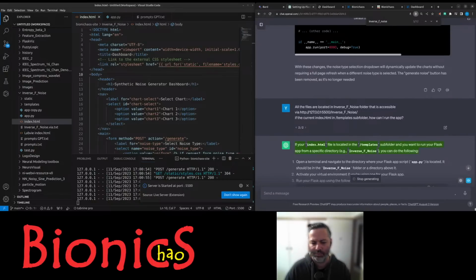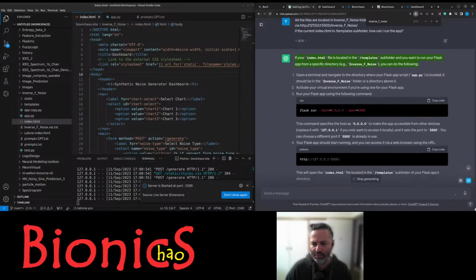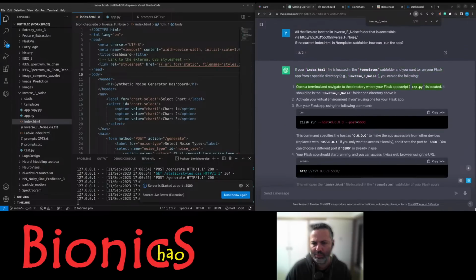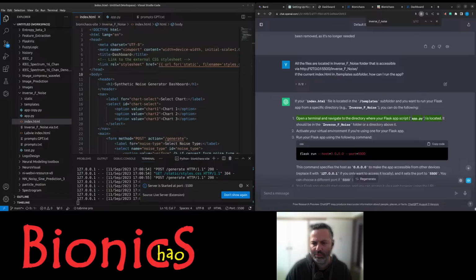If your index HTML file is located in the templates subfolder and you want to run your Flask app from a specific directory, e.g., inverse_f_noise, you can do the following. Open a terminal and navigate to the directory where your Flask app script, app.py, is located. It should be in the inverse_f_noise folder or a directory above it. Activate your virtual environment if you're using one for your Flask app. This command specifies the host as 0.0.0.0 to make the app